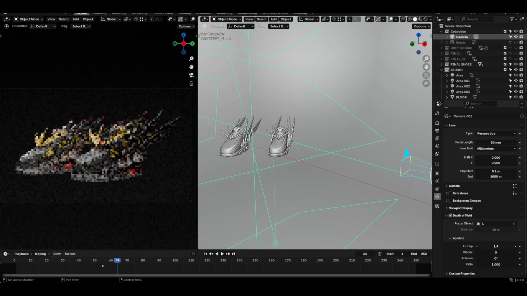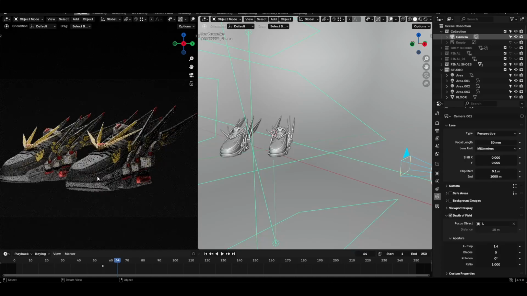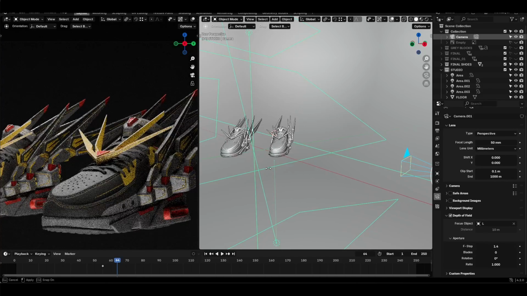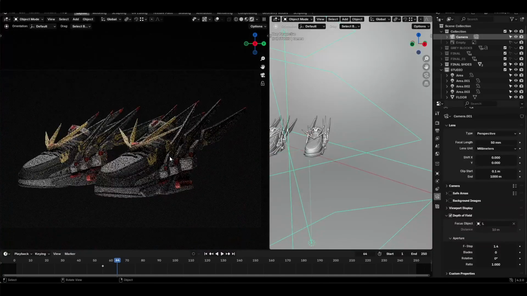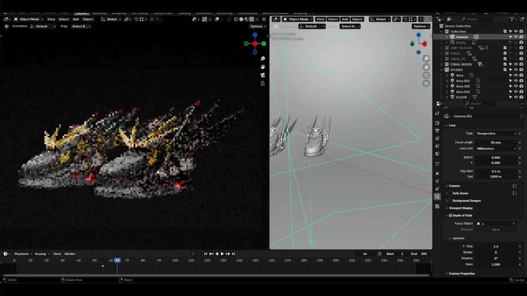So I think I'm gonna lower down to f1.4. Let me try. If I could get that bokeh in the background. So currently I don't have any bokeh here because my PC cannot render it in real time that quick. So